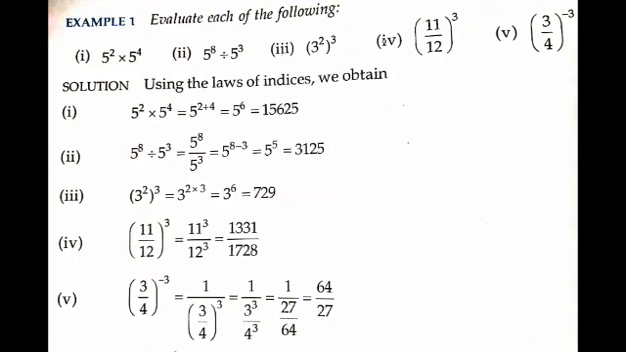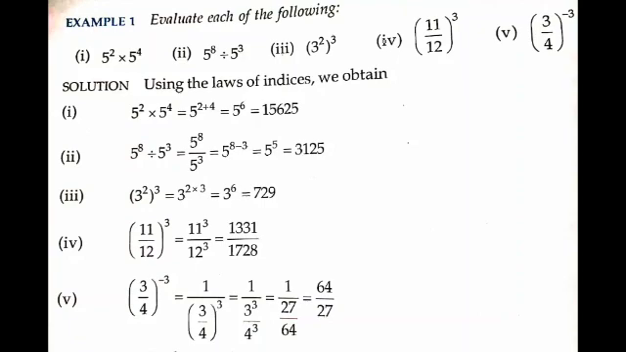And in example 1, I have 5 subtopics. Here, these are the given subtopics. One by one, I will start the solution. In the first, I have 5 to the power 2 into 5 to the power 4. So here, base is the same and it is in the multiplication. So I can give it as 5 to the power 2 plus 4, which gives 5 to the power 6, which on simplification I have got